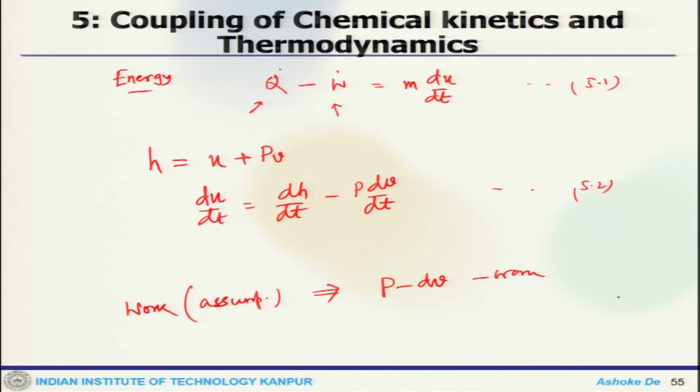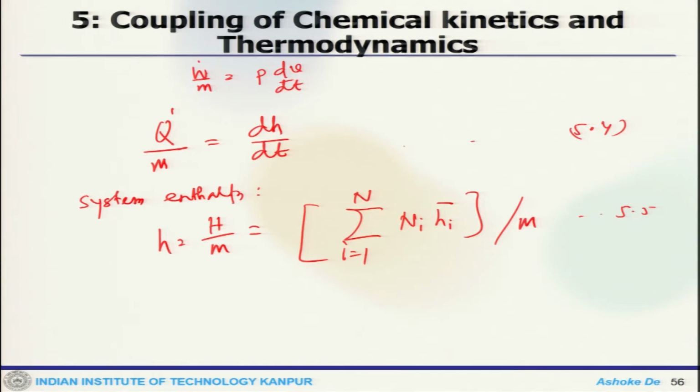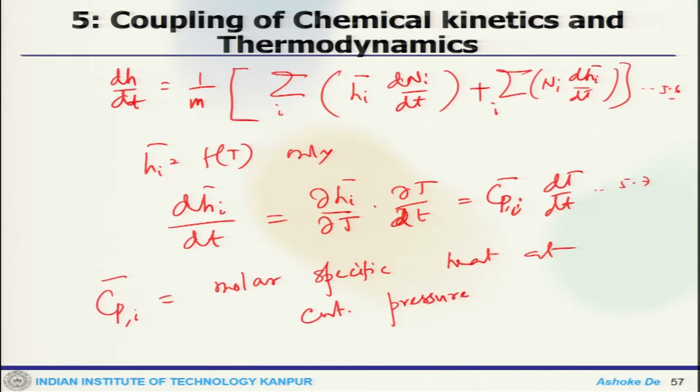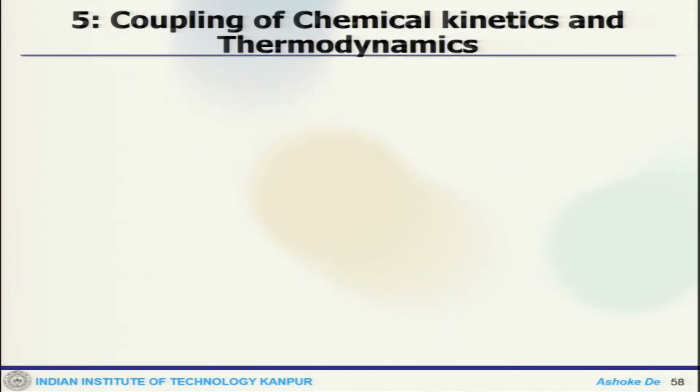Then we wrote our energy equation, and then we got the enthalpy, and then we have work. This is one of the biggest assumptions, that work is only the PdV work. Then finally, we replace that, and this is where we stopped, the ideal gas behavior. Now, this is equation 5.7. Equation 5.7 provides the link between the system temperature and the system composition.